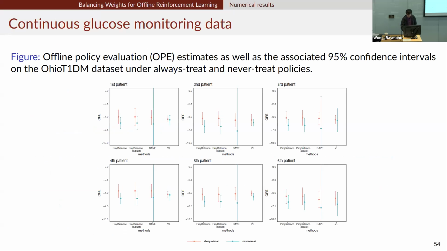And here are the results. Basically the point estimates of all methods align with these expectations. Here you can see for relearning, the differences are smaller, and SAFE produces very similar point estimates to our method. We also see this stability issue of the confidence interval, due to the inversion of a numerically singular matrix for the SAFE method.